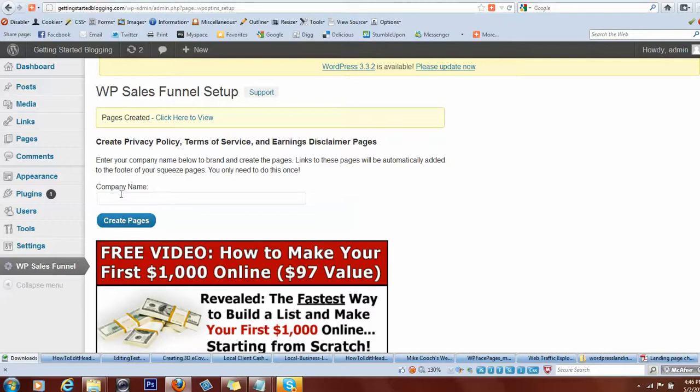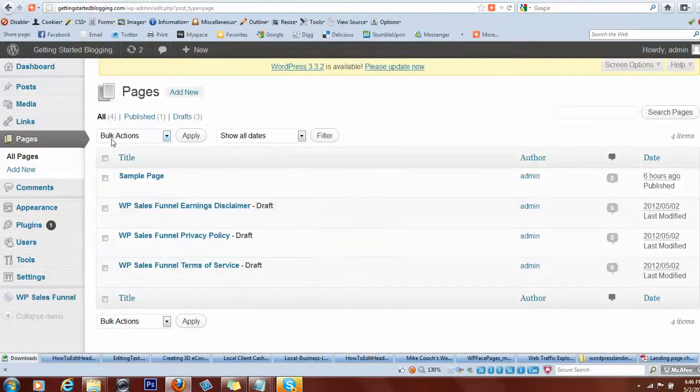So let's just go up here to pages now and view all pages, and we should see those three pages. There we go. There's the earnings disclaimer. WP's got my company name in there. I mean, it's really cool, isn't it? Now right now it's saved as a draft, so later on we'll go back and actually publish each of these, and the way you do that is you simply click on edit,